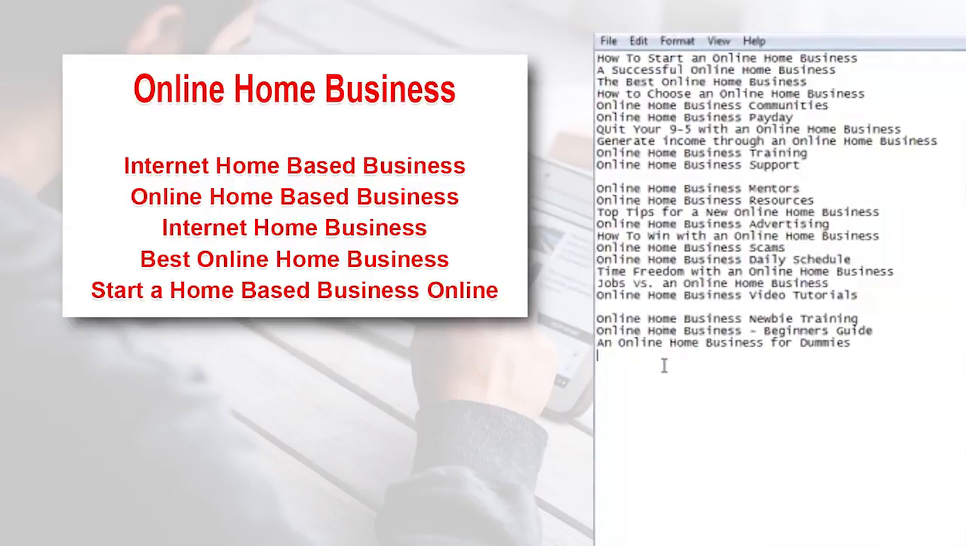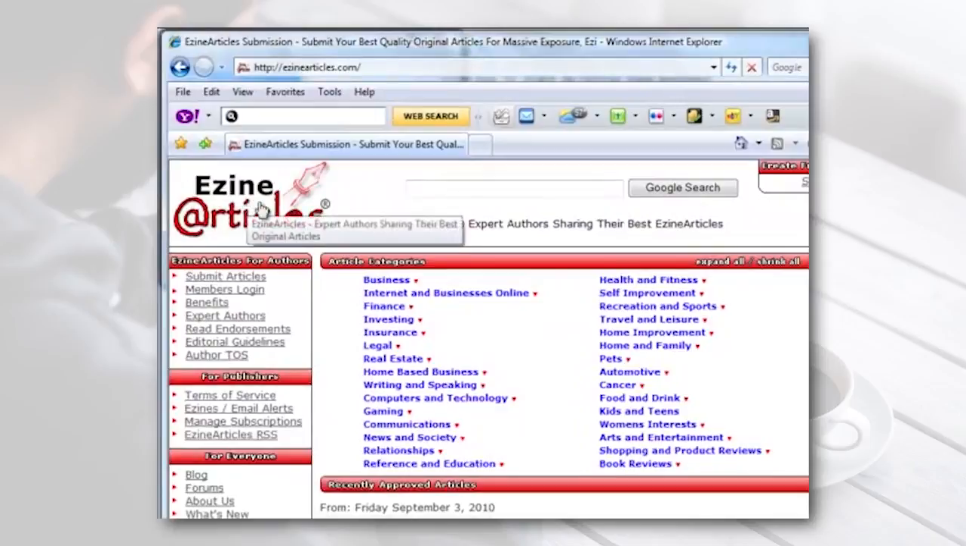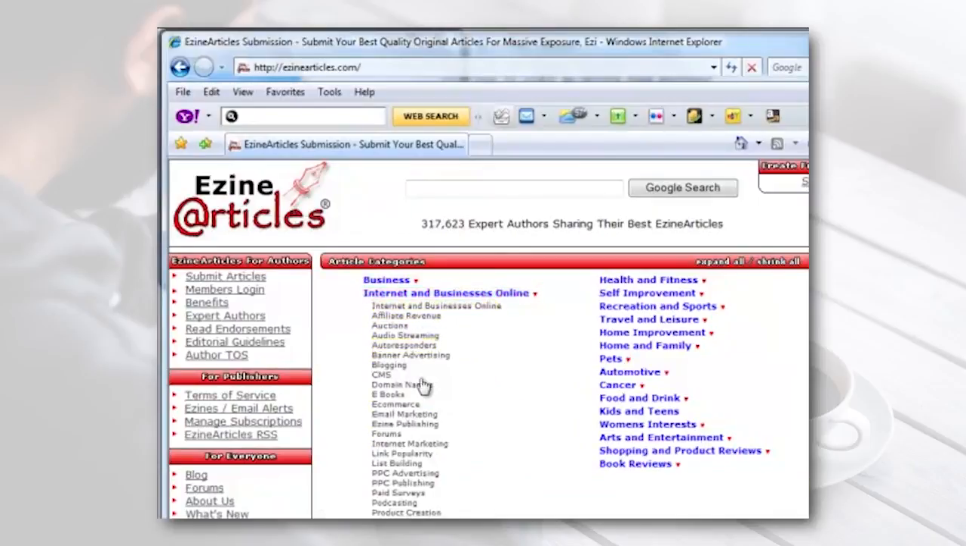One other thing I just wanted to mention: if you're having trouble coming up with ideas for topics, a simple way to get over your mind block, if you will, if you get stuck, is just go to ezinearticles.com. It's one of the top article submission sites we're going to be using. Just go to ezinearticles.com, go into business or into internet and online business, okay, and you can find literally thousands